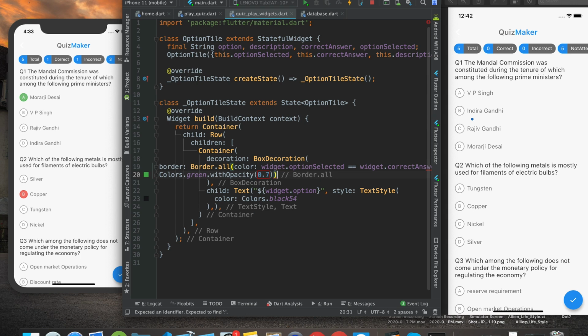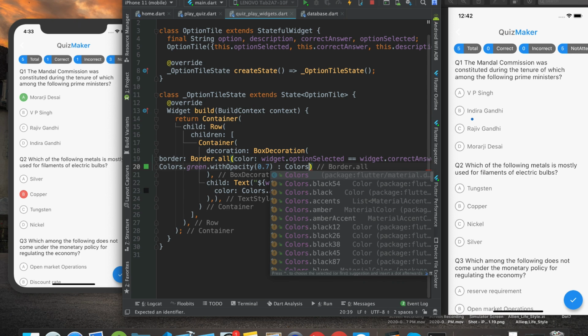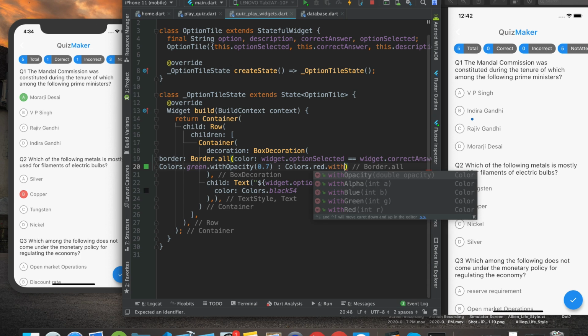I'm just using a slightly lighter version of that because it's quite dark. Okay, so now this is 0.7. Makes sense. Now what is the error? Yeah, so this is if it is equal. Now if it is not equal to this, then we will say Colors.red.withOpacity